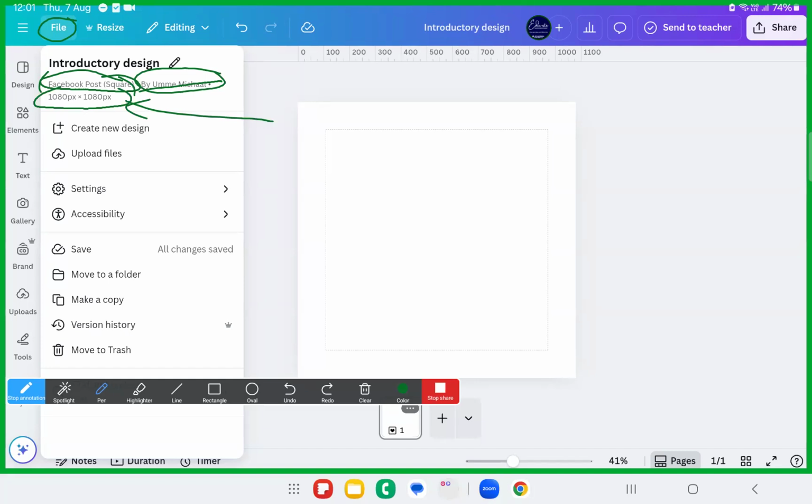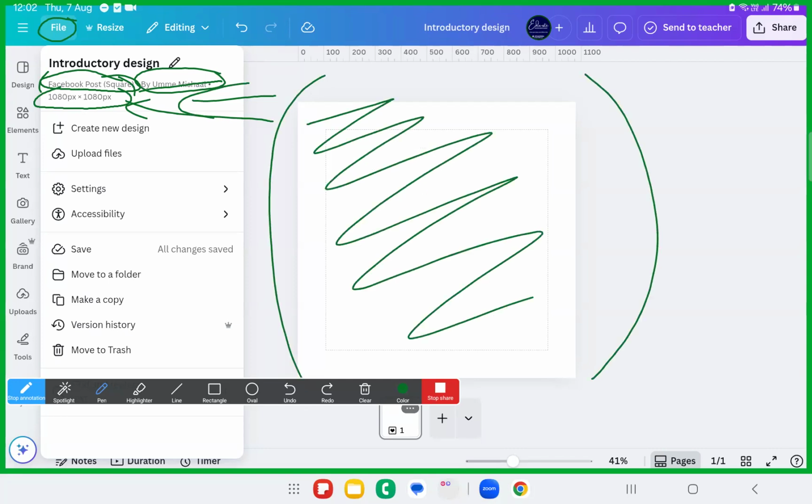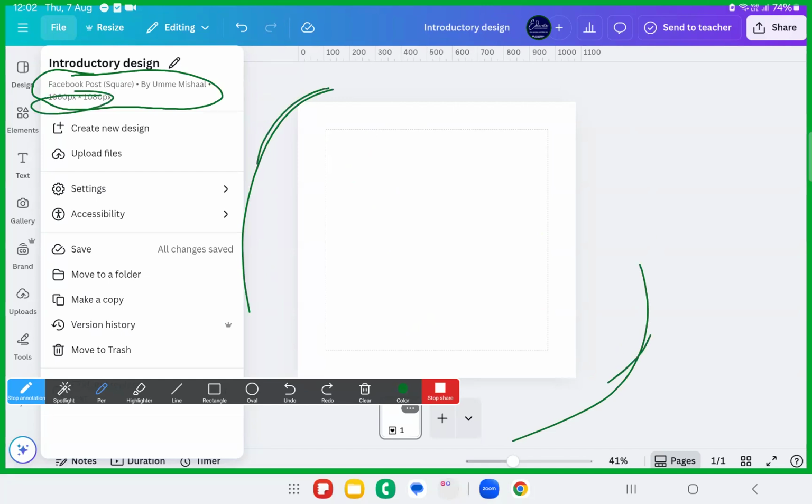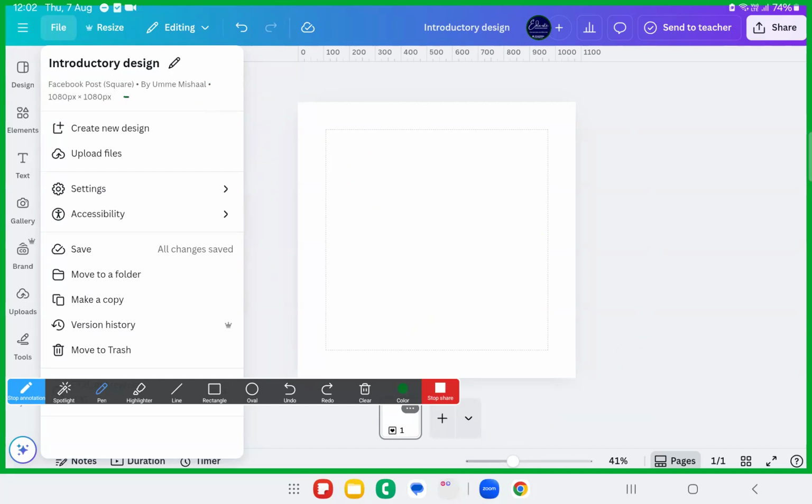pixels. So these things are the details about the design. This is your design. This is where you are adding the designs. Whatever design you want, you can design it here. Fine. So here, this is the ratio that you have selected. 1080, 1080 pixels. So you don't have to worry about the pixels. I already told you, you just have to select the ratio of the post that you're creating